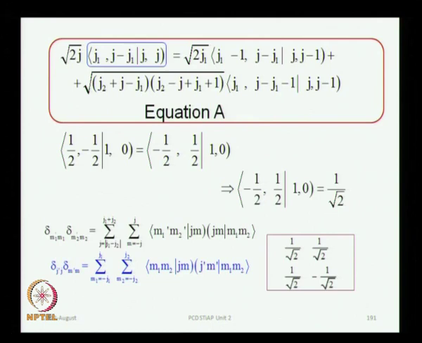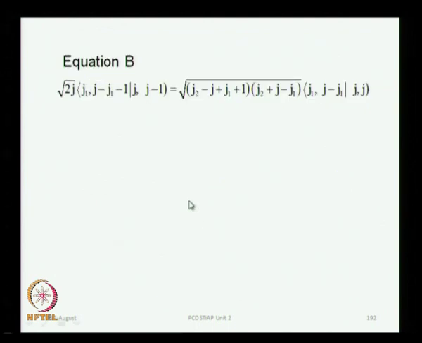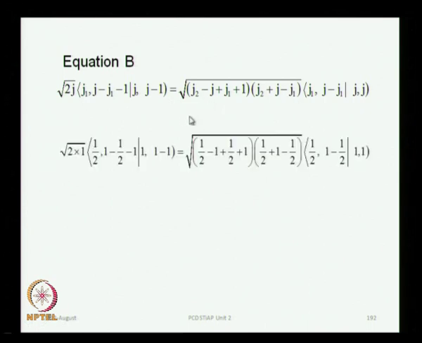So, this is just a demonstration of the technique, and I will let you work out the details. You can get some of the other coefficients just to get some practice. Now, you can also see the same result coming from this equation B. If you handle this equation B in which you had this relationship, you can put j equal to 1, j1 equal to half, and j2 also equal to half, and just plug in the actual values of these quantum numbers